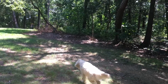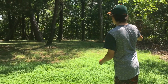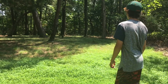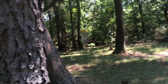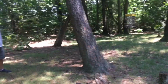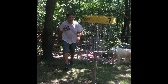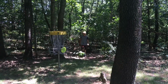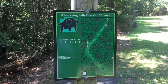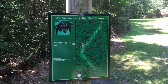Good shot. Everybody lays up. I had a tough putt for 3. Could not sink it. Nice putt. Nice putt. Hole 8 is a brutal hole with a left-hander, a right-hander, and then a long straight